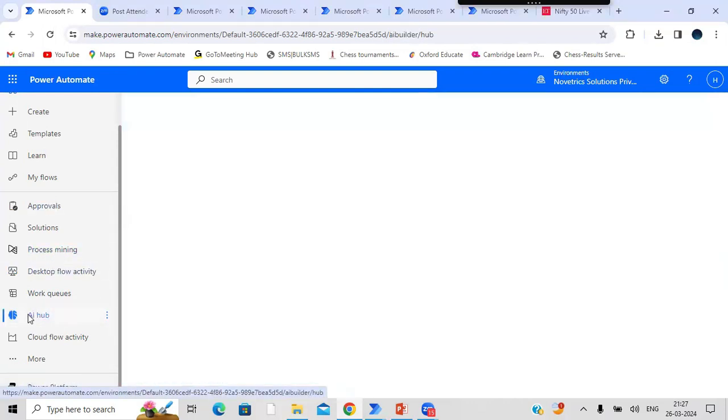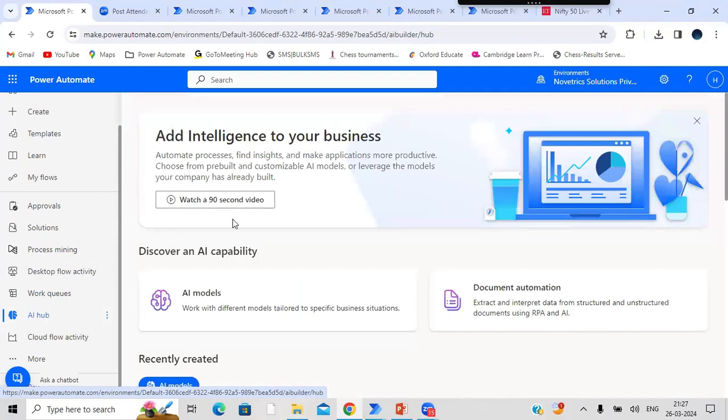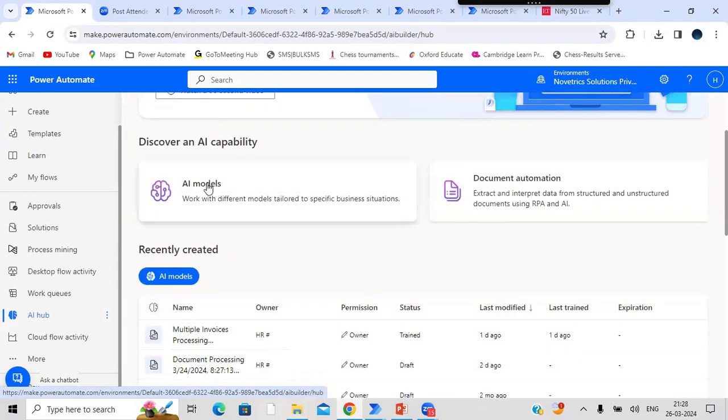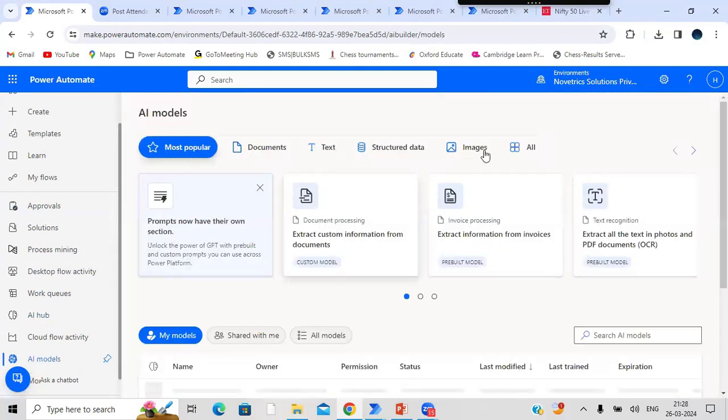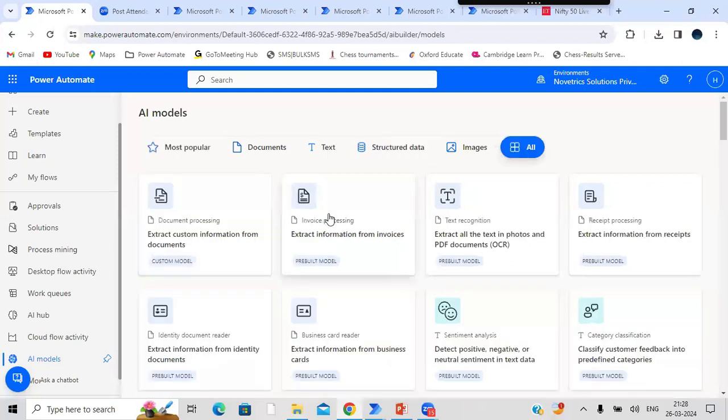In addition to that, we have this AI Hub or AI Builder. Here I can show you some of the models which I have created. For these models, we don't require any coding knowledge. Within a few minutes, you can build your AI model. So if you go here and click on All,